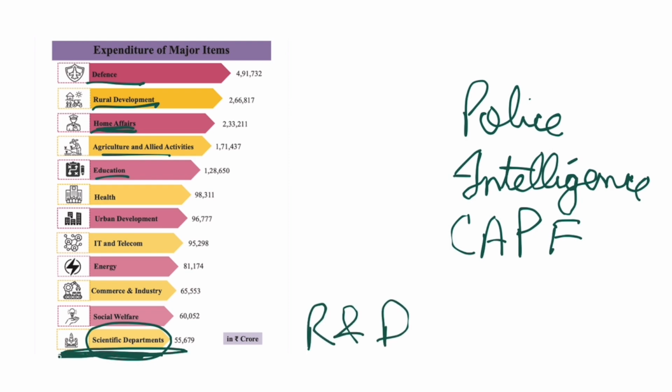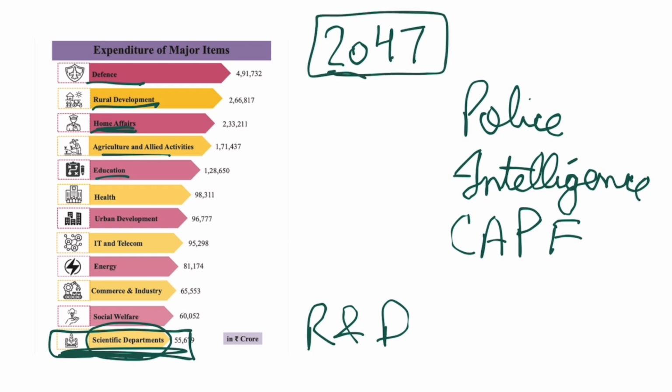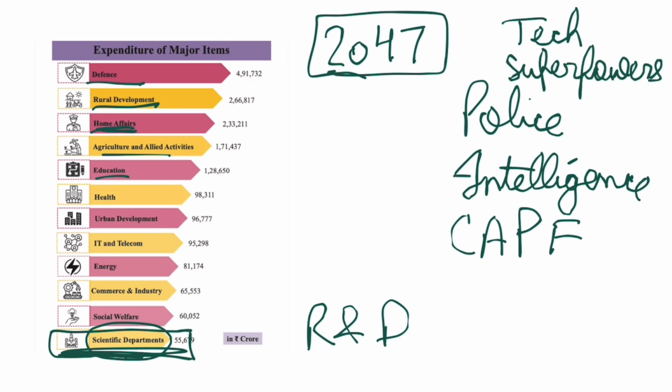innovation. This is bad news that we spend so little on innovation, research and development. Okay, we need to increase that if India wants to become a Vikasit Desh or developed country by 2047. Because powerful countries all over the world are tech superpowers too. They're not just military superpowers, they are tech superpowers. So if India wants to become a superpower, it needs to be a tech superpower. And India will become a tech superpower if the government allocates more money to scientific departments. Though, nonetheless, becoming a military superpower is also important, and that is why most of the expenditure is done